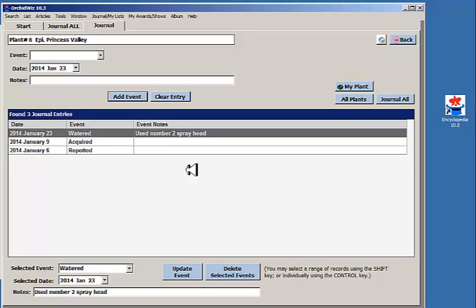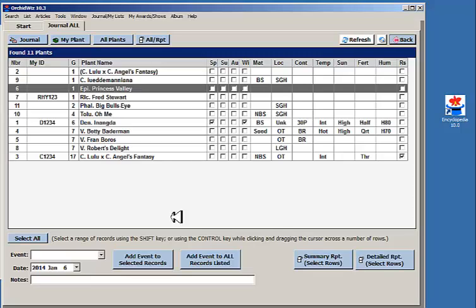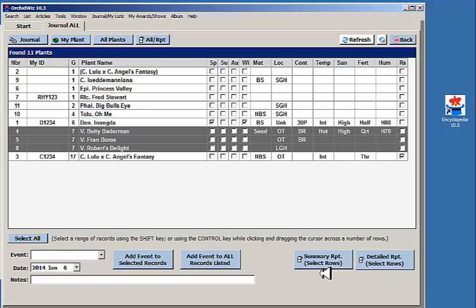Another way to view the data on your orchids is via report. On almost every tab within the journal, you will find a report button. Wherever you see this printer, here, that designates a report. So select the orchids you want in the report, and then you can choose either the summary report or the detailed report. Click on the button,